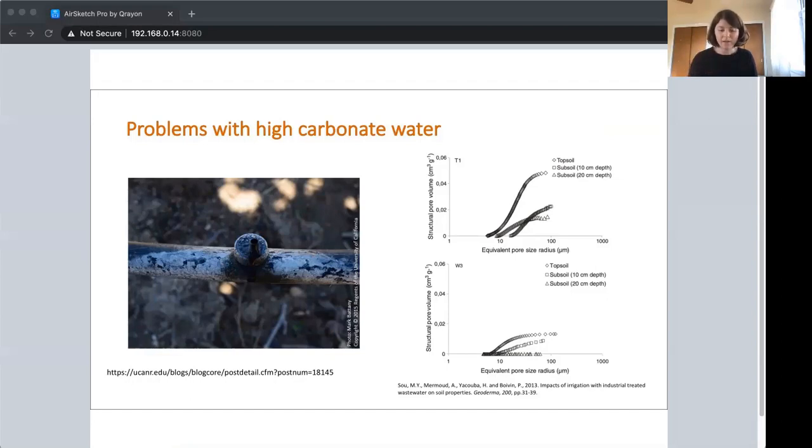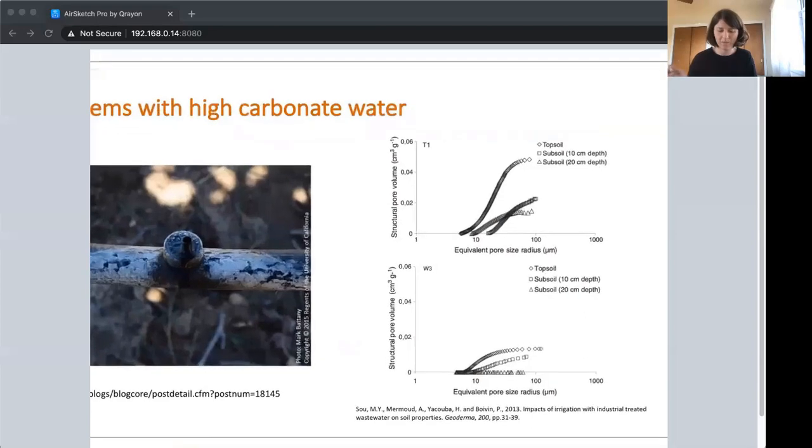What I'm showing on the right here is a bit hard to interpret at first, but I'll walk you through it. This is showing some of the physical effects of high carbonate water. On the top, we're looking at a soil that was irrigated with fresh water, so it has very low to no carbonate. On the bottom, this is a wastewater used to irrigate that has a very high carbonate concentration. And the take-home here is the difference in the structural pore volume between